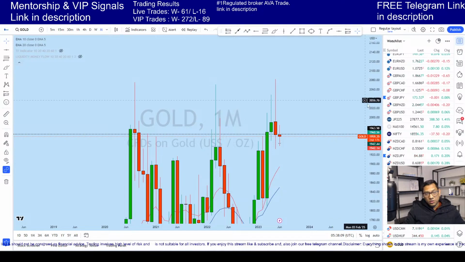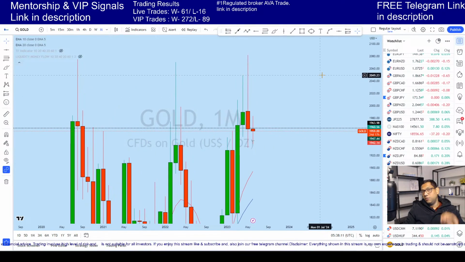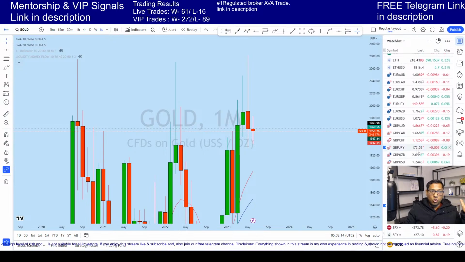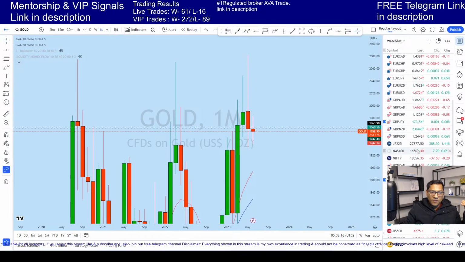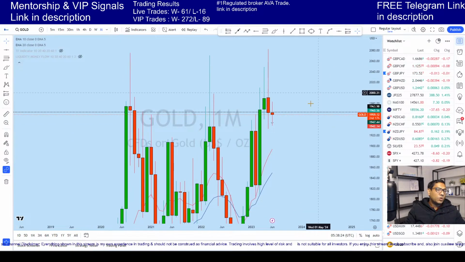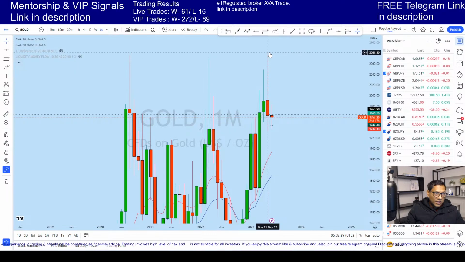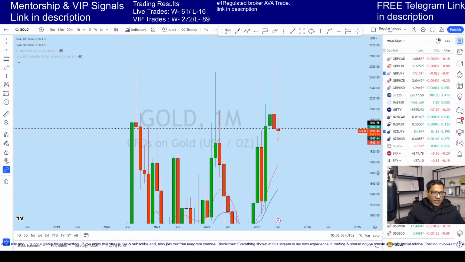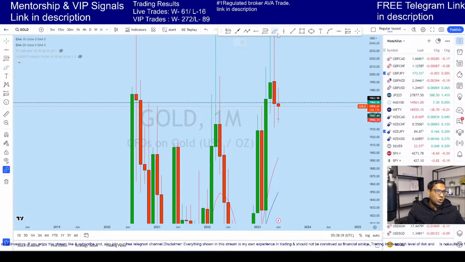Direction we get from the multi-time frame approach, because when you look at multiple time frames, you know the bigger trend, the higher time frame, which way the market is heading, and then it becomes much easier for a trader to make a decision. From the bigger picture perspective, monthly has an all-time high trigger on liquidity. After this kind of monthly candle, we can expect gold to drop further to create a new lower low.